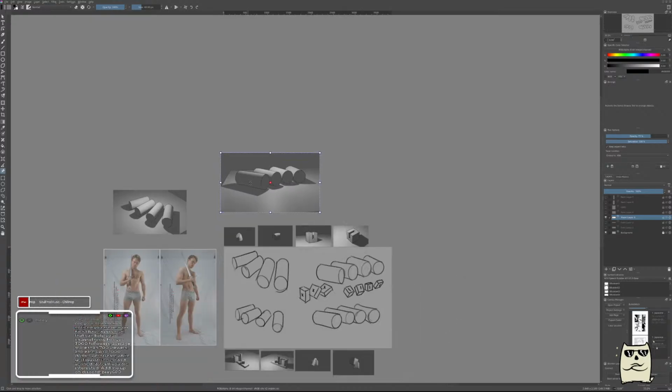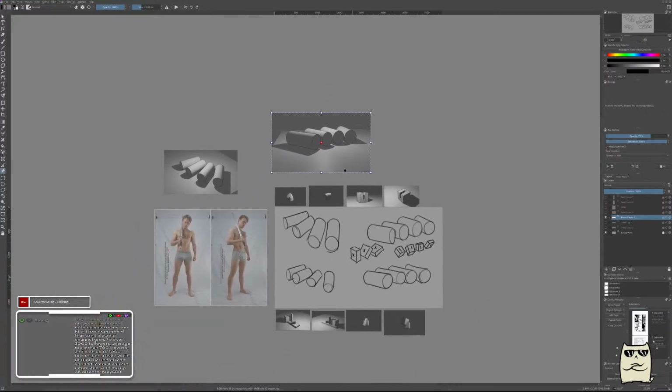I'm not sure, but I do know that there is probably some sort of array functionality in Blender that would let me do this quickly, because I just manually rotated and placed these cylinders. Anyway,